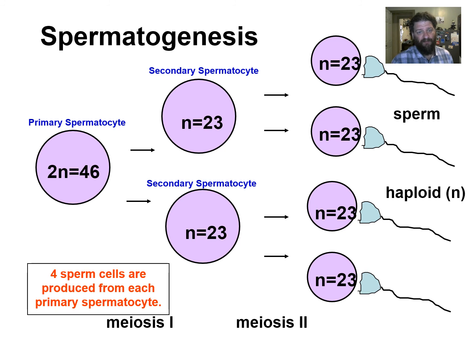But I guess my numbers are off there a little bit. In males, again, we're going to end up with 4 of the same sized cells. They're all motile. They all have 23 chromosomes, right? Spermatogenesis starts right around puberty and continues for the entire life of the male, generally speaking. It's kind of quantity over quality, right? We make lots and lots, males make lots and lots and lots of gametes, but they can be a little messed up sometimes, right? We may not have the right number of tails and heads and all kinds of fun stuff going on.